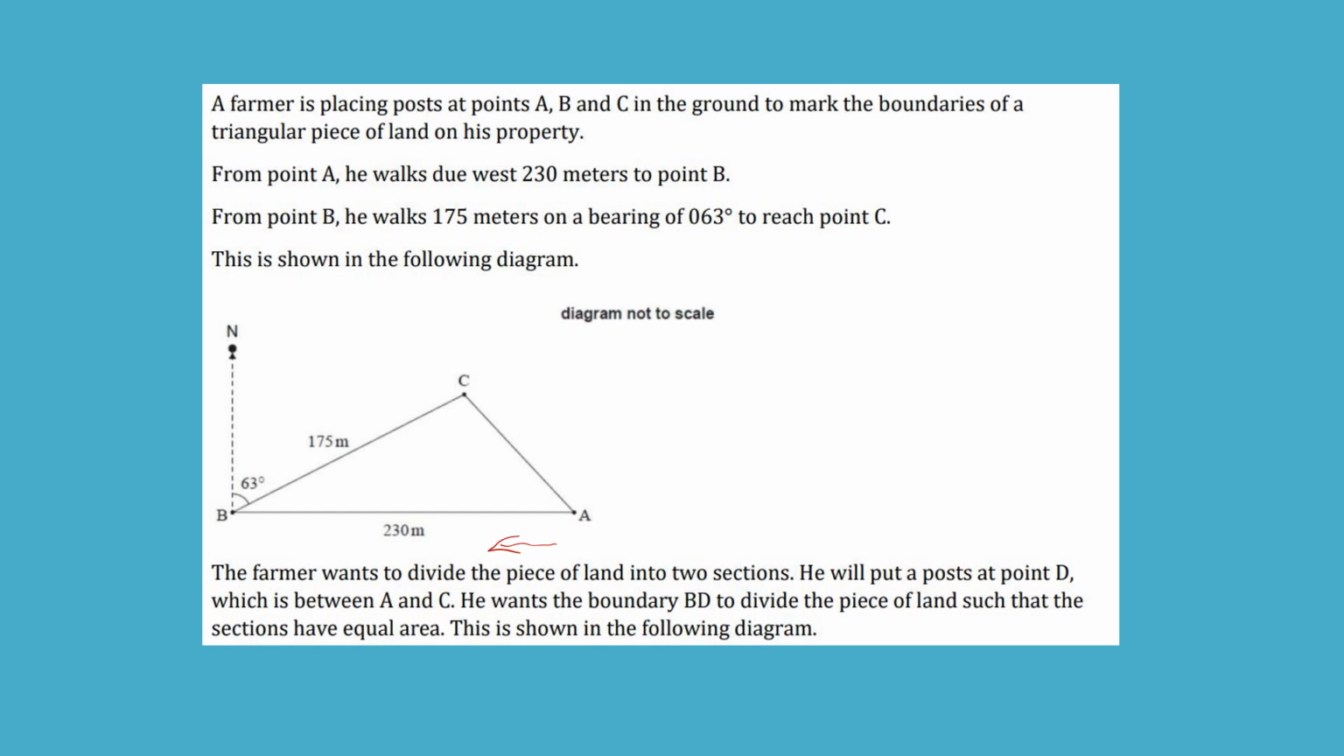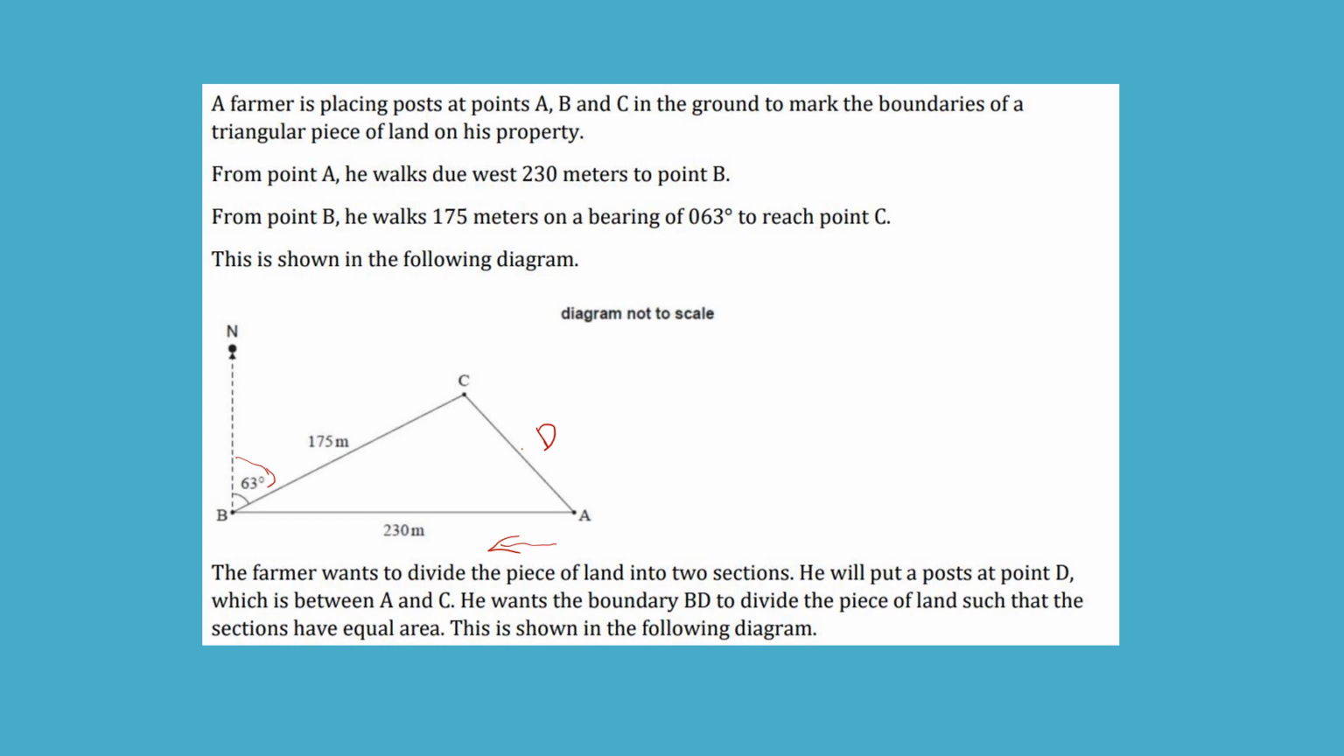From point B, he walks 175 meters on a bearing of 63 degrees to reach point C. This is shown in the diagram below, although this diagram is not drawn to scale. The farmer wants to divide the piece of land into two sections. He will put a post at point D, which is between A and